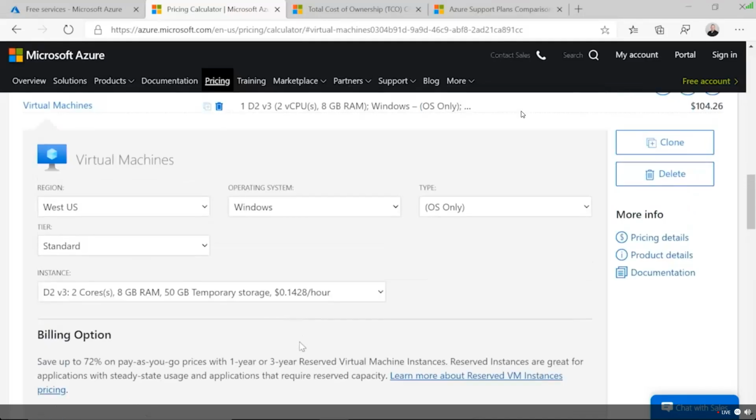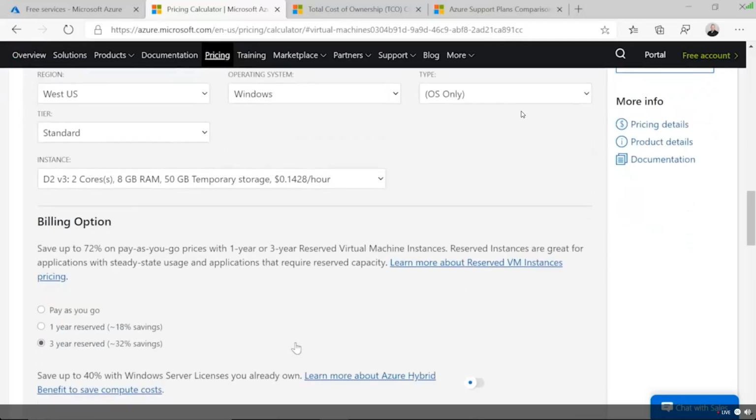Hey, Matt, I've got a question for you. So we talk about reservations, and they sound like they're a great way for us to potentially be saving money. Now, let's say I prepay for a 3-year reservation. That's what you've got selected there. Yep. And I decide I've got this 3 years and I want to prepay for this. But then a year and a half in, I realize that I need to upgrade because I need more powerful virtual machines. Am I locked in for the full 3 years, or is there something I can do there?